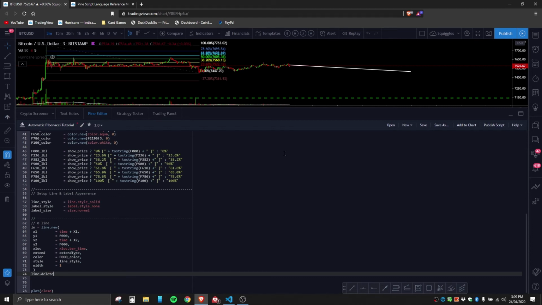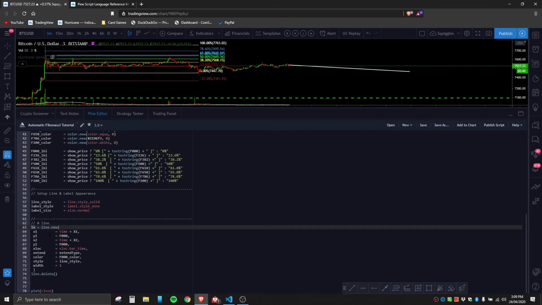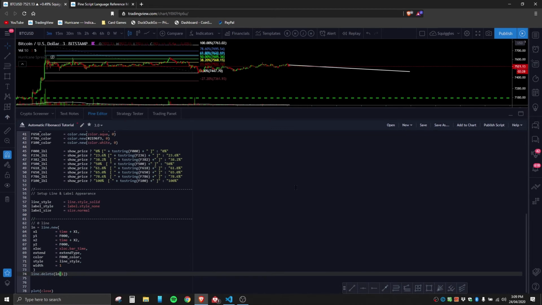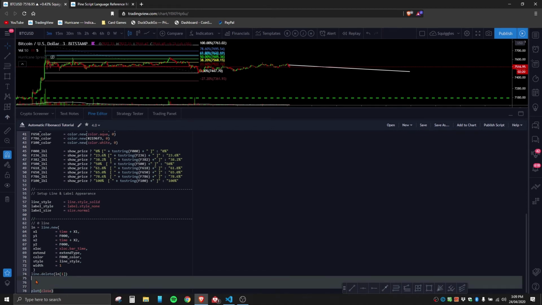Then we want to tell it which line we want to delete. So we're going to line.delete, open that function. Then we're going to specify the line, which up here is that variable. We named this line ln. Copy that, paste line, and it's going to be the previous line, so an index of 1. Let's save that. See if we get any errors. No errors. Cool. That means we can now probably get rid of